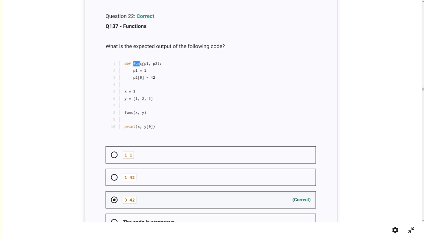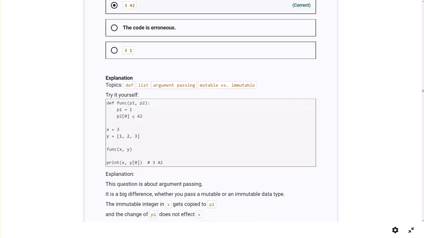Define function, we have p1, p2. p1 equals 1. p2, so we replace p2 at 0, p1 becomes 42. We got 42, and we have 1 and 42. x equals 3, y equals 1, 2, 3. Function, we call function